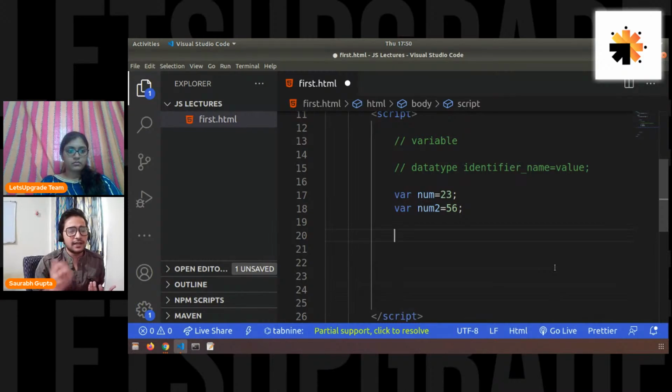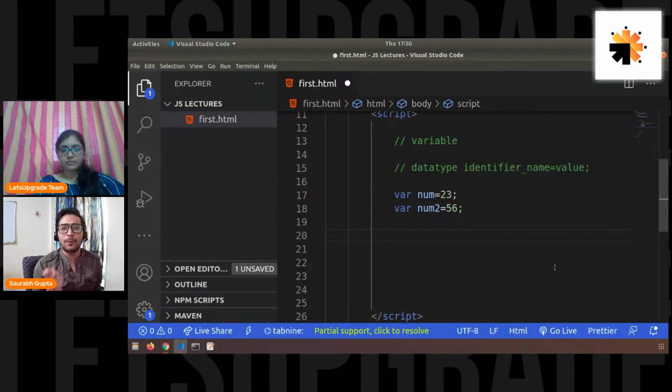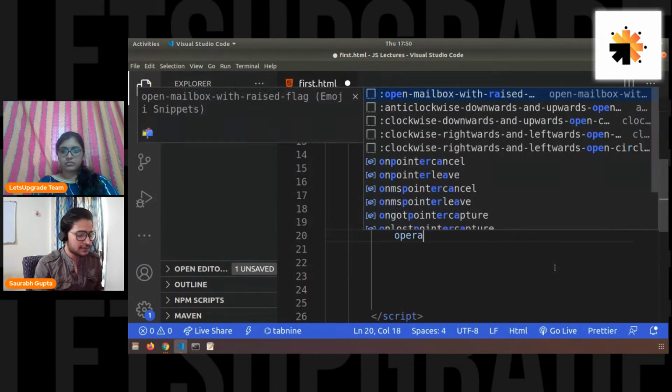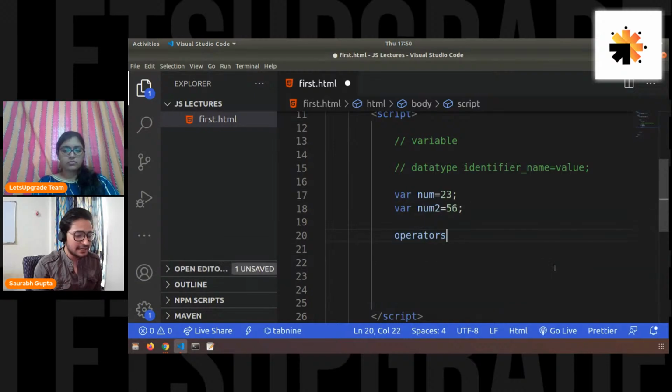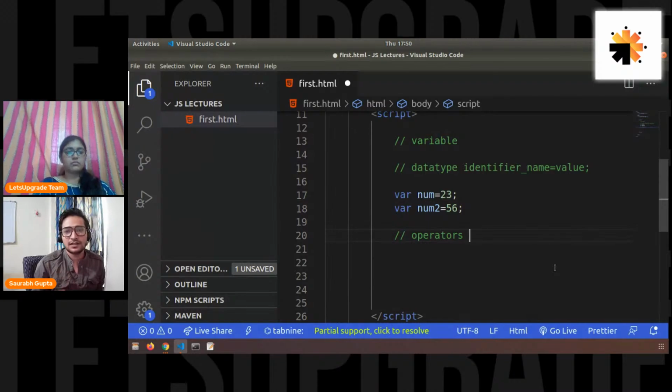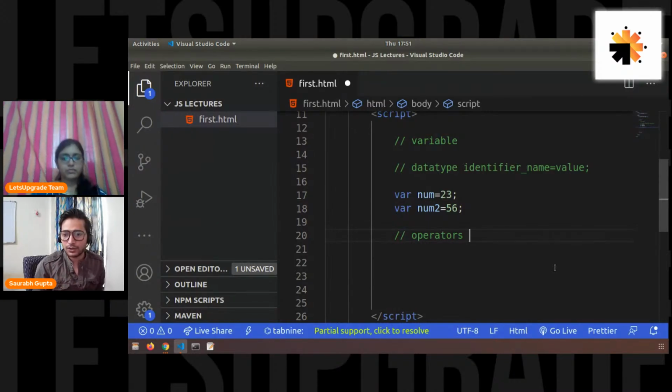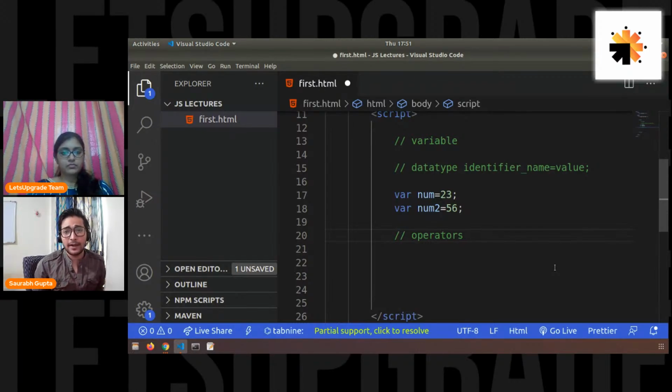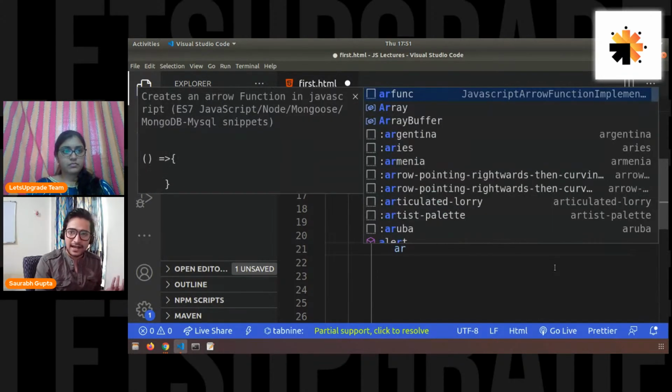In any language, whenever you want to perform some kind of operation on your data or on your variable, you have some set of predefined operators for it. In JavaScript also, you have a lot of operators, and depending on how the operators work, they are divided into a lot of categories. So the first category of operators, just like in any other language,